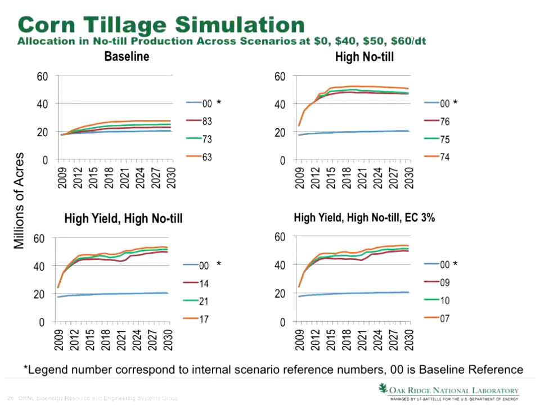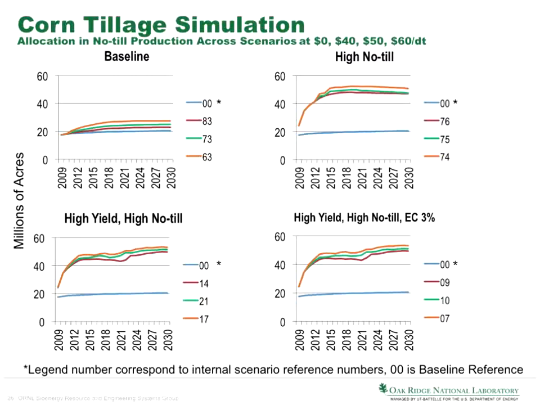To talk a little bit more about residues, because this is an interesting way that this is modeled. We talk about a baseline, a high yield, and a high no-till. And what high no-till allows is not only a little bit of a bump in yields, because removal of the stover allows soil to warm up earlier in the season and gives farmers a bit of a head start. It also provides more residue, from a higher ratio of the whole plant that can be removed because the soil isn't disturbed.